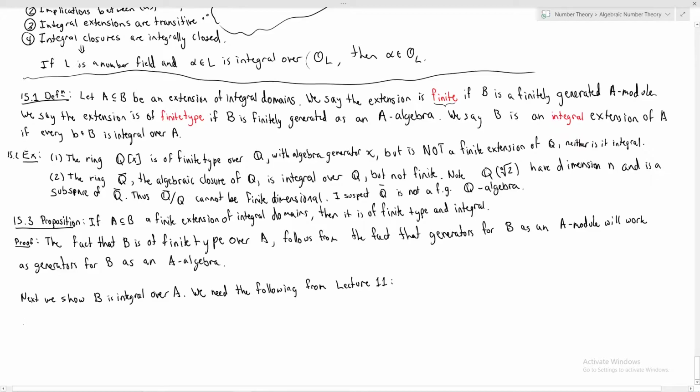Okay, and this result says, let A be an integral domain, L a field containing A, then alpha in L is integral over A